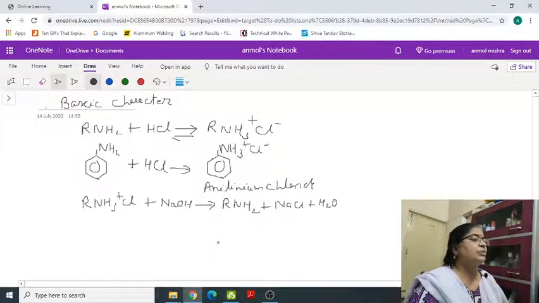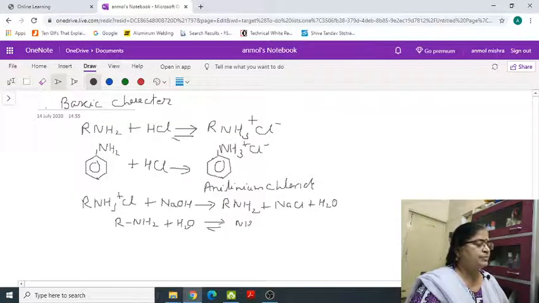Now, due to the presence of lone pair of electrons on the nitrogen atom, amine behaves as Lewis base, and this is also one of the reasons for the basic character of amines. Now, this we can study by applying law of chemical equilibrium. When amines undergo hydrolysis, it forms ion,